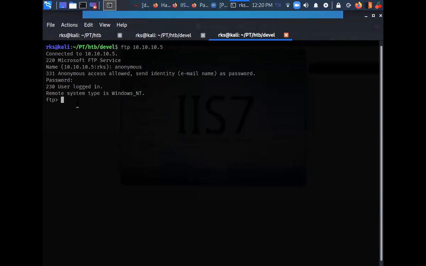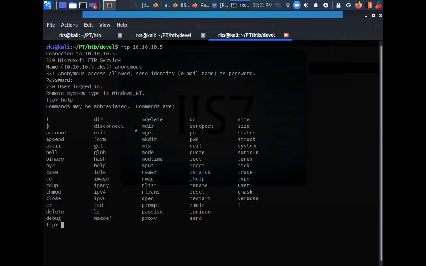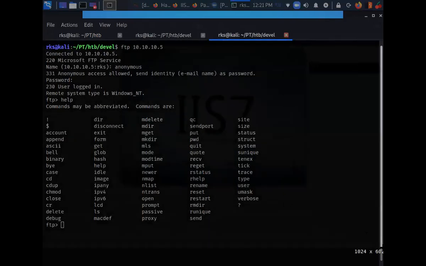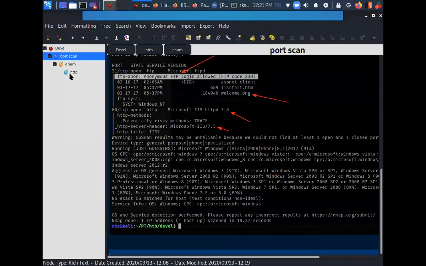So if I want to see what all commands are available here, as you can see now I am inside the FTP shell. Okay, so I need to be aware of the FTP commands. So I can simply type help here to list out the available commands. Okay. So here you can see that I have successfully logged into FTP.